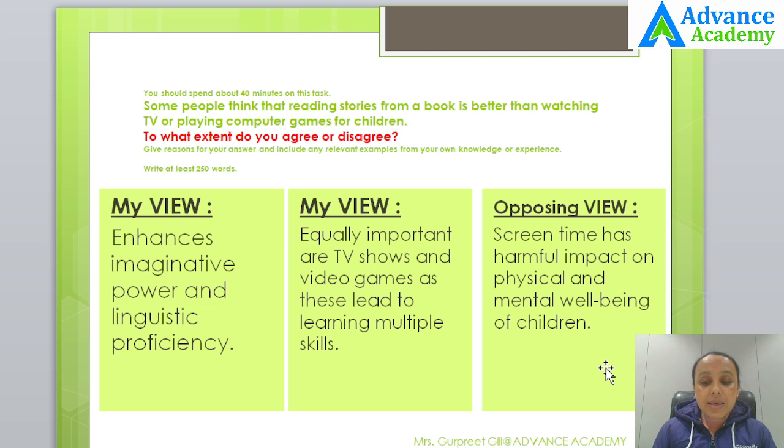In the agree disagree essays, you can even choose to skip the body paragraph number 3 if you are a slow writer, if you cannot manage time to write 3 body paragraphs in your essay. So you might skip the third paragraph. It is not a necessity, but of course, it is going to give you an edge on your band score.